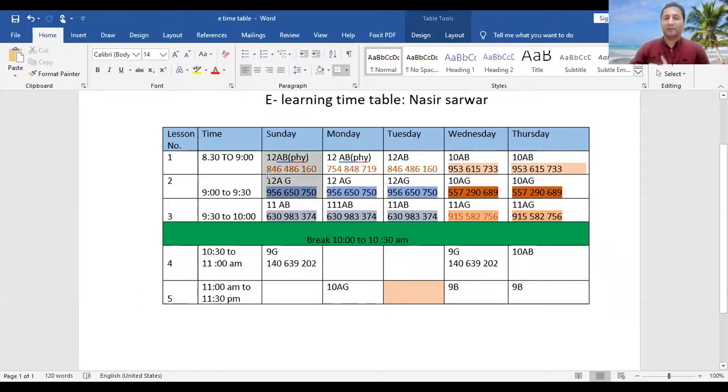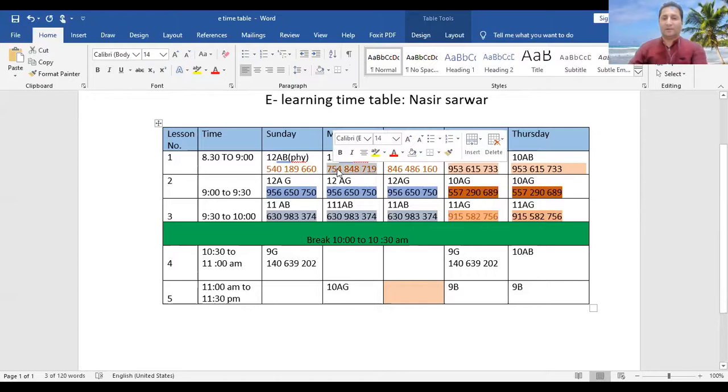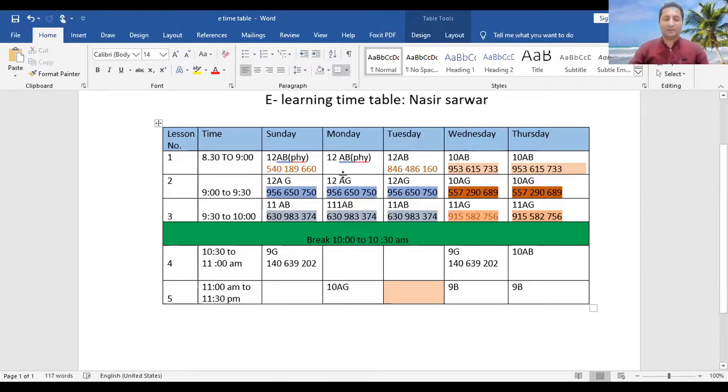I will copy here the newly generated ID. Okay, this is the ID for grade 12 AB on Sunday, AB on Monday. Okay, I will create again, and then again I will create again. So look at that. When you see all these, this 12 AB has the same ID.